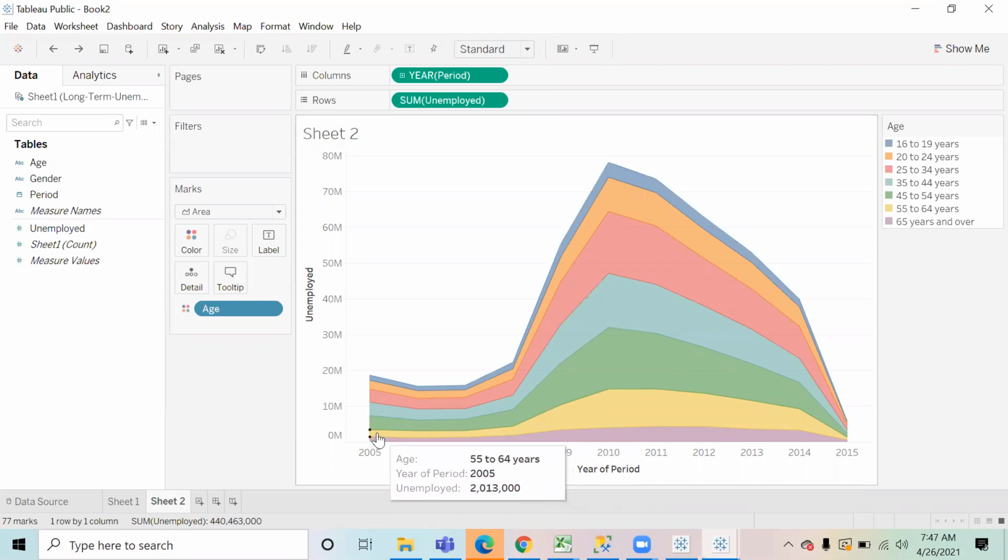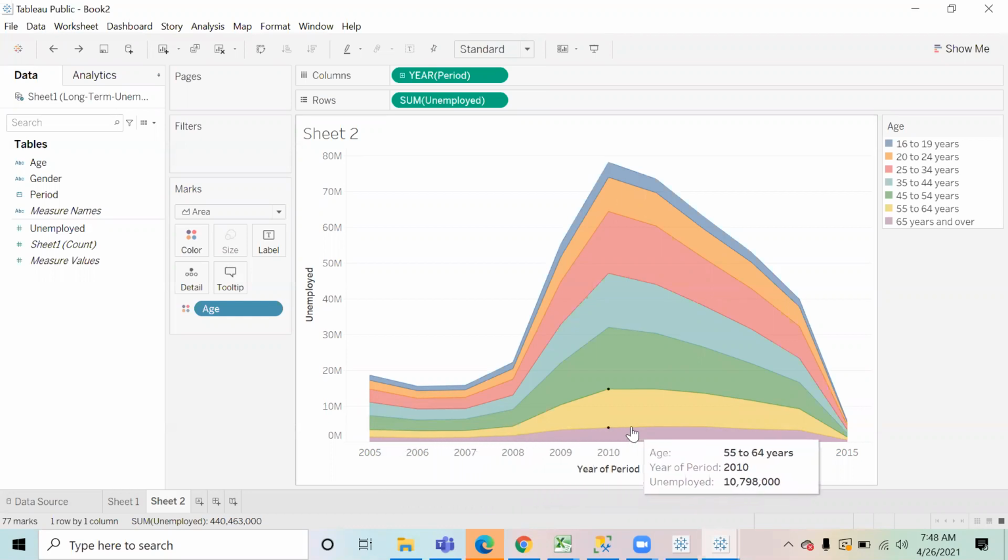Now for the next age group, right? For the next age group, that is 55 to 64, this 13 lakh is used as a zero. This is used as a zero. Starting from 13 lakh, they have marked 20 lakh, right? So they have marked 20 lakh on top of this. So technically, what is happening is, if you take a look, the area is giving you the total number of people who are unemployed for that particular age group.